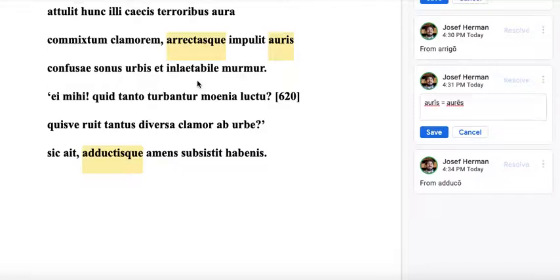Inlaitabile comes from laitus, meaning happy. Laitabile is something that would make you happy. Inlaitabile means that it won't make you happy, so it's a joyless murmur. Okay, so the sound of the confused city and a joyless murmur,